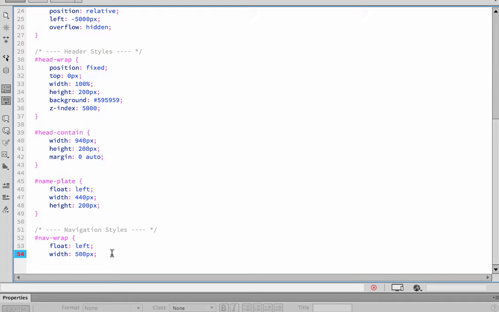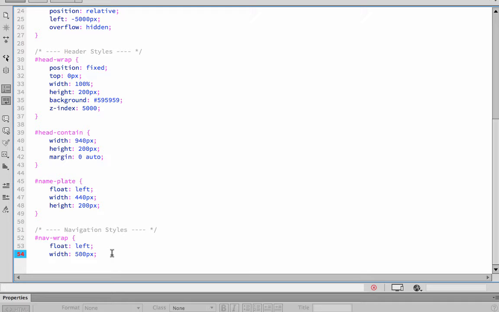Design wise, with navigation bars, it all kind of boils down to your space, and that can be a challenge sometimes when you have either large words or a lot of navigation links, and that can often dictate your layout and the type of navigation system that you create. We have 4 navigation links for our navigation, and it's a relatively simple navigation menu. We're going to keep it nice and light. We're going to use a list style navigation system,